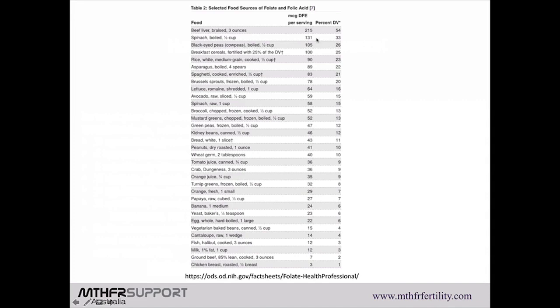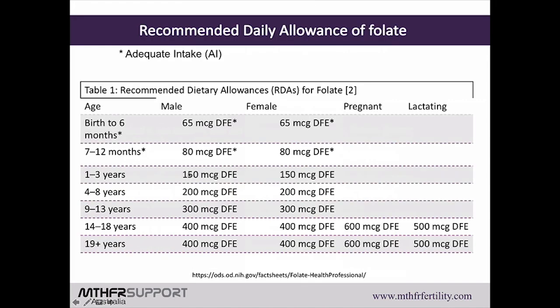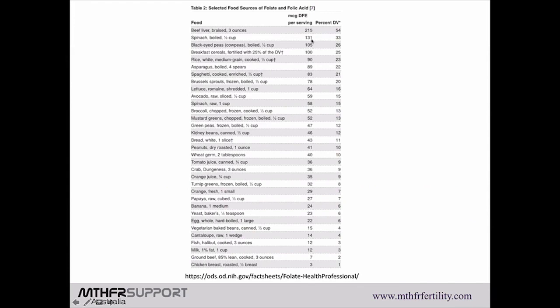Half a cup of spinach is 131 micrograms. Now, if you go back and have a look at a 1-year-old, 150 micrograms, even half a cup of spinach, which no one from the age of 1 to 3 would probably be having,